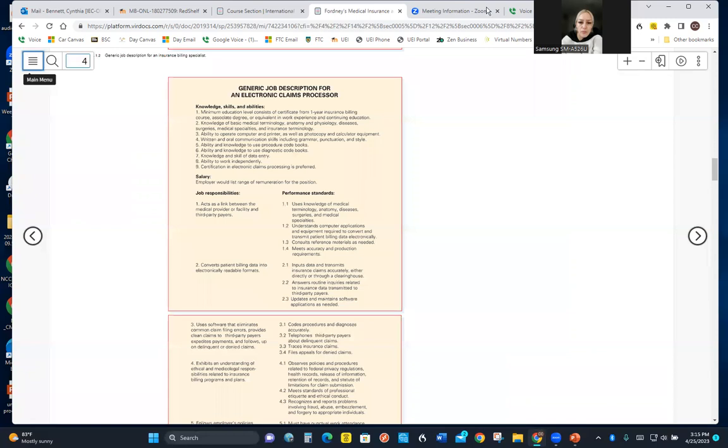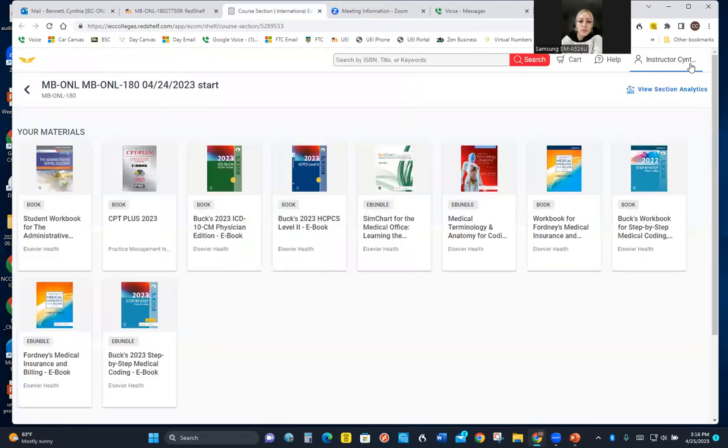Okay, so that's all I'm going to go through as far as the ebook. I just wanted to show you where it was located and how to use it. The next thing is